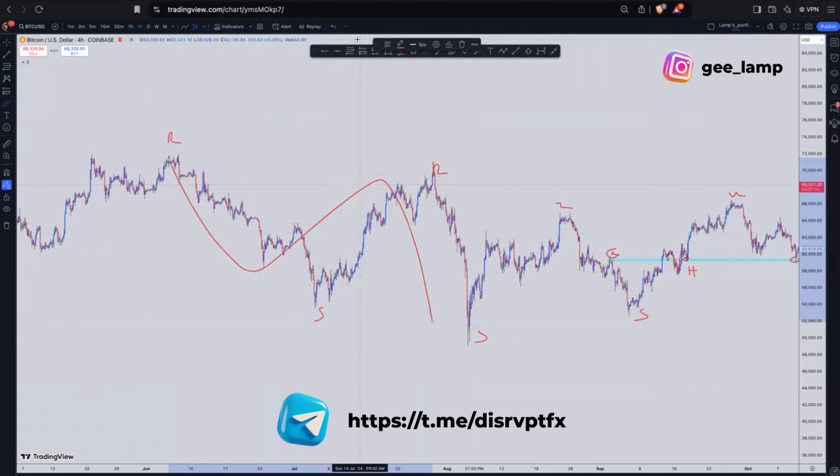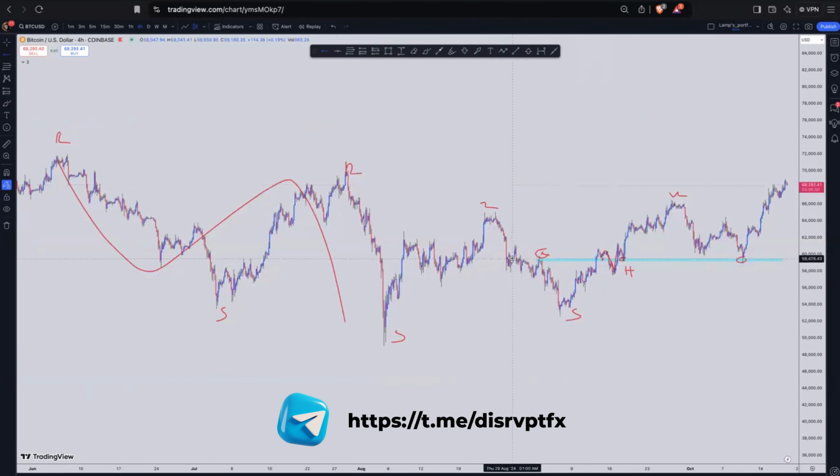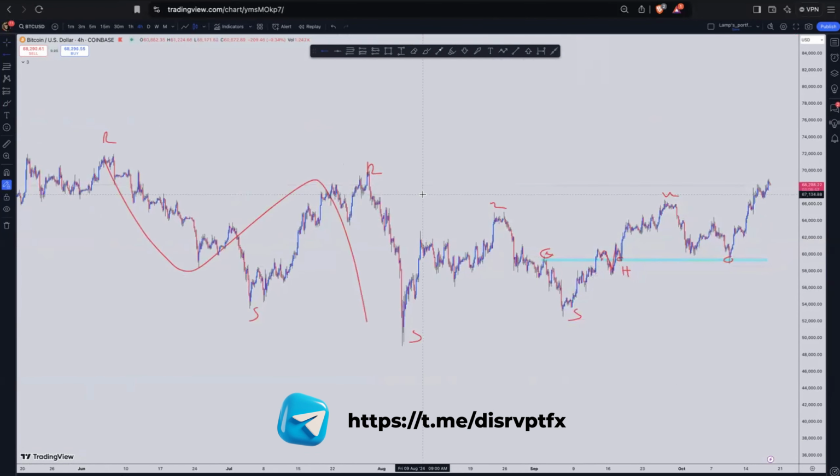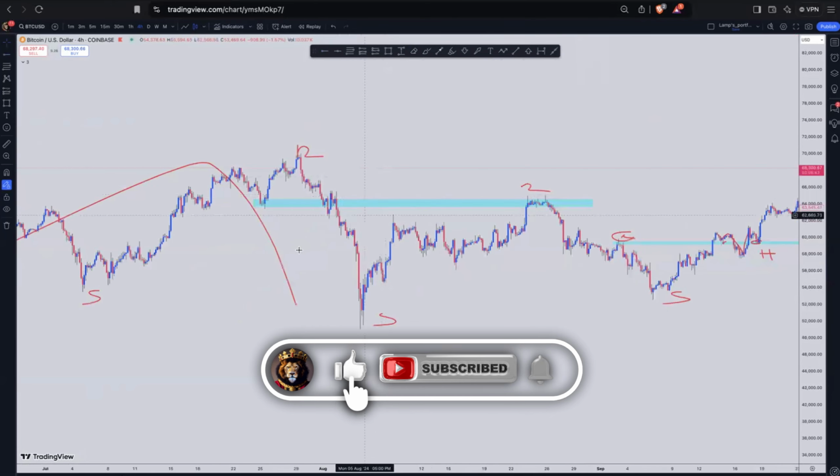So here we know that this is a lower low because this structure has been broken, right? So clearly we know there's a downtrend. Now we don't know where the market is going to retrace from, where the market is going to tap for a sell. But based on historical facts, let's look at some of the historical support and resistance levels. Now, when I highlight this particular area, you notice that